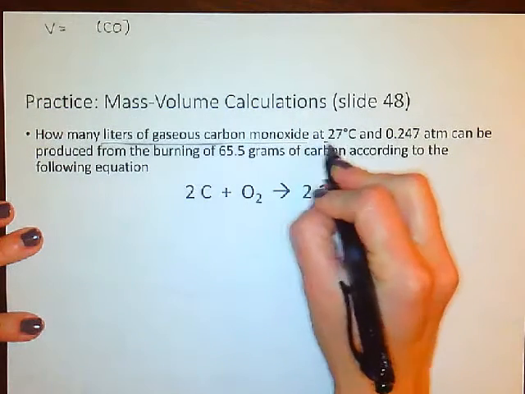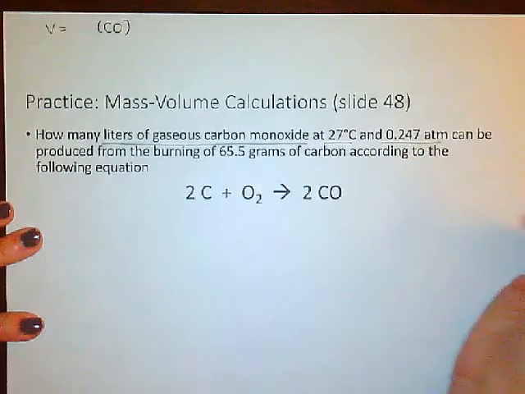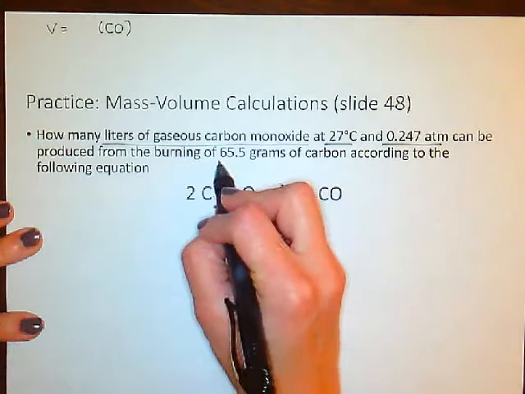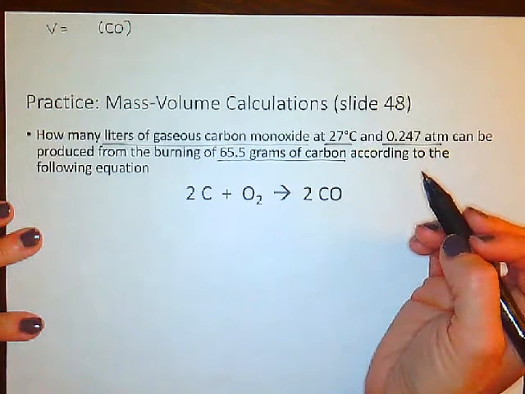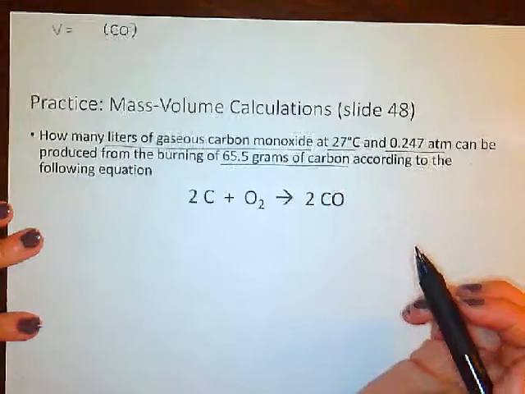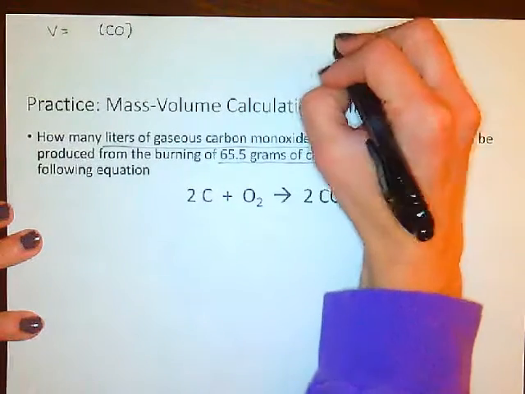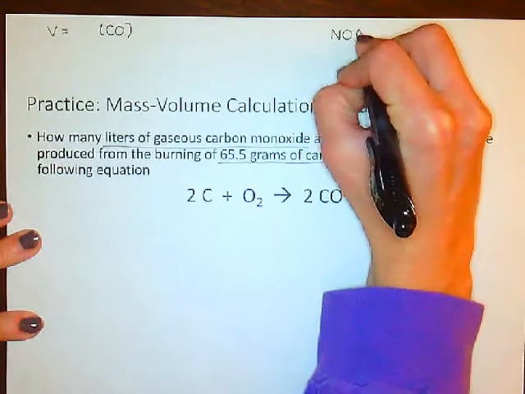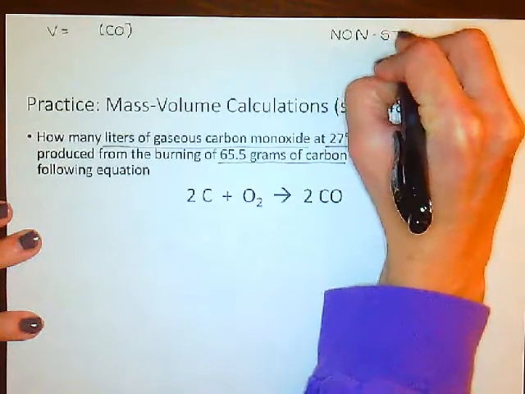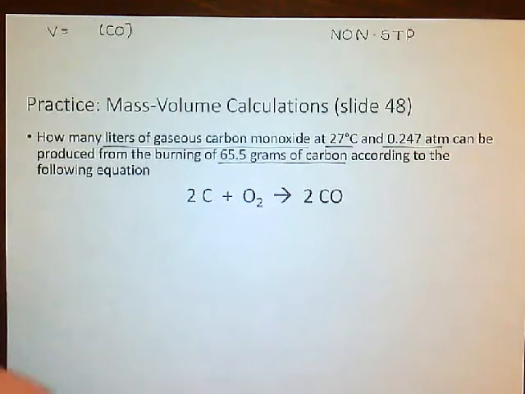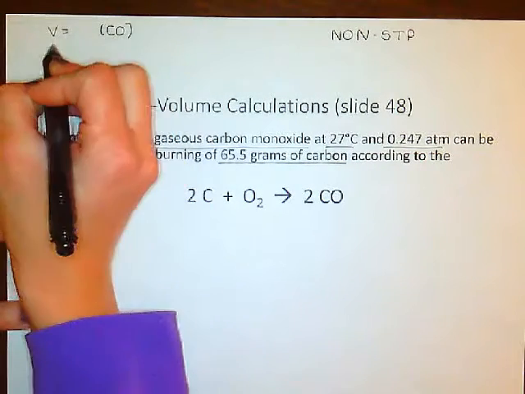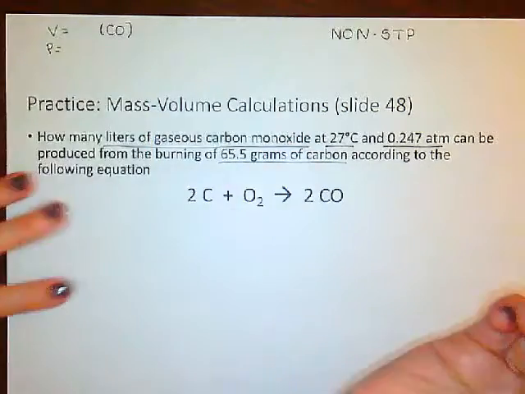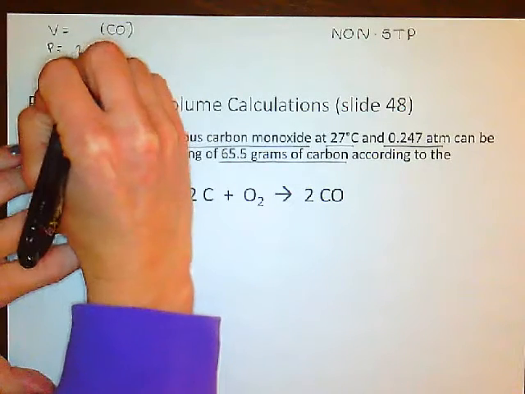It tells me that it's at 27 degrees Celsius, 0.247 ATM, and that we are burning 65.5 grams of carbon according to this equation. So once again, we've got a non-STP situation. And when you see that non-STP, what you need to understand is there's really two parts to it. Part one is looking in that they want the volume of carbon monoxide. If the pressure is 0.247